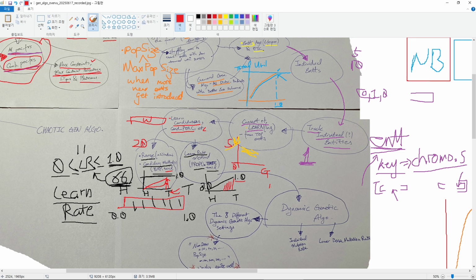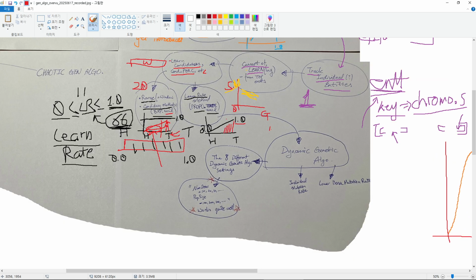But after a certain point, I had to make sure that all these entities had about the same chance of being chosen. So that's why I use the expert tail for the candidate method and the proper tail for the learn rate method. And then after I did that,